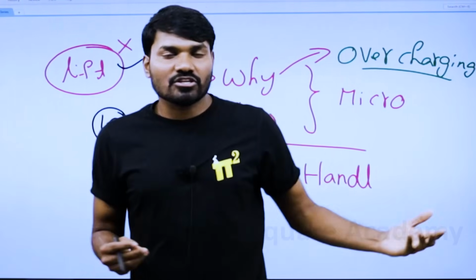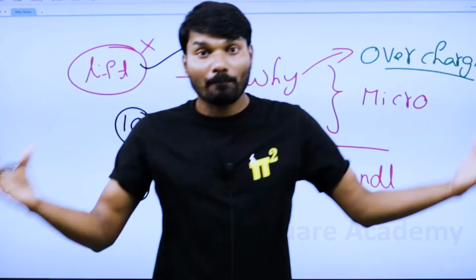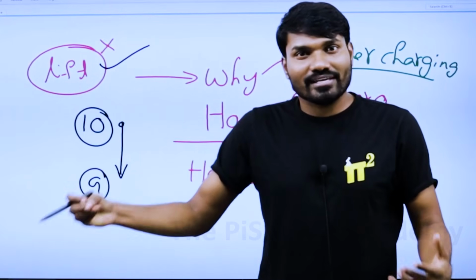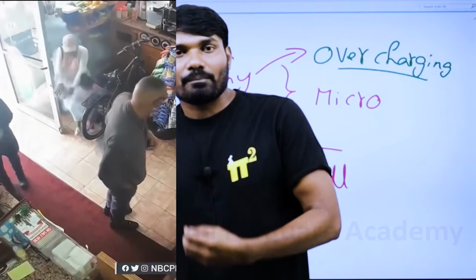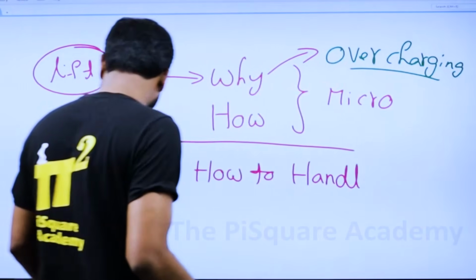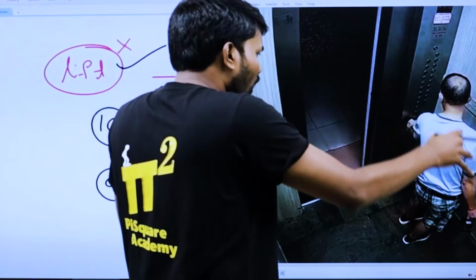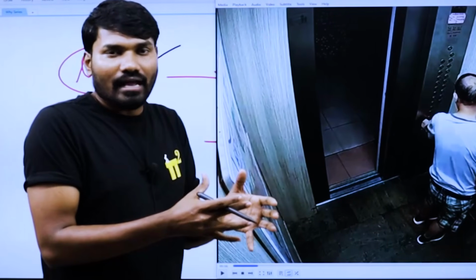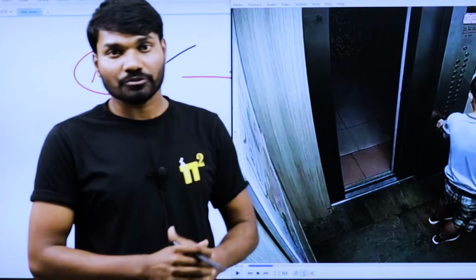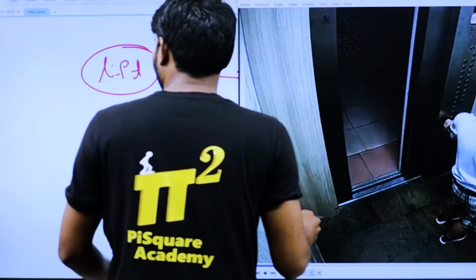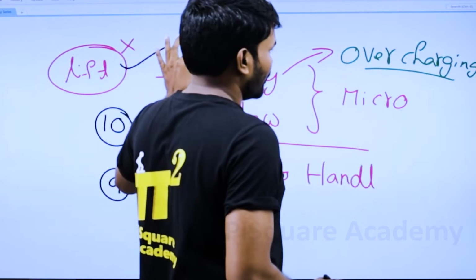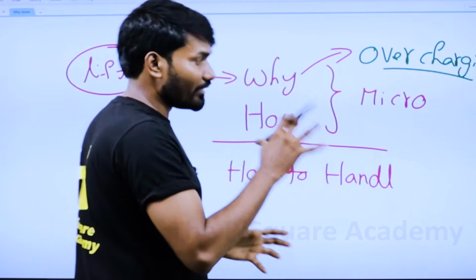If that incident, what he has seen, had happened somewhere in an open environment, then the moment smoke comes, there is a high possibility that the person would have escaped the situation by just throwing the battery away. But if you see this lift, when he is in the chamber, this is a small space and the doors are shut. He doesn't have any way to escape the situation. So the fatal injury happened purely because of the lift. And these are the micro details.